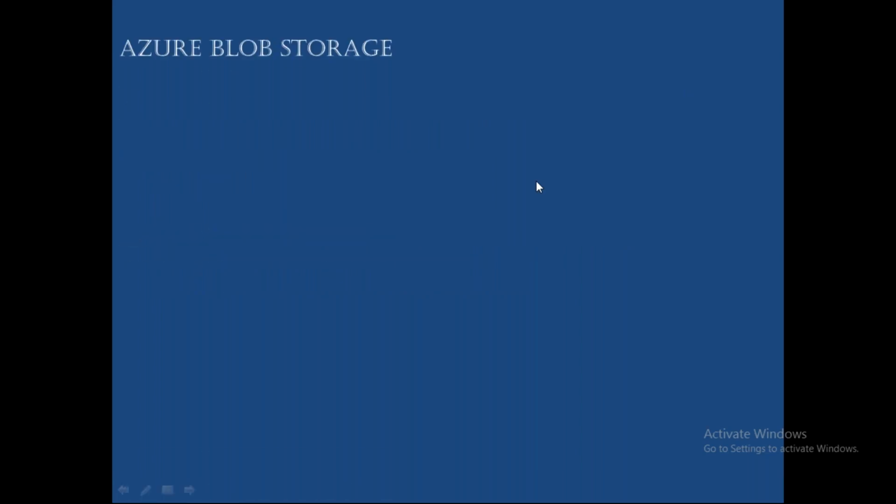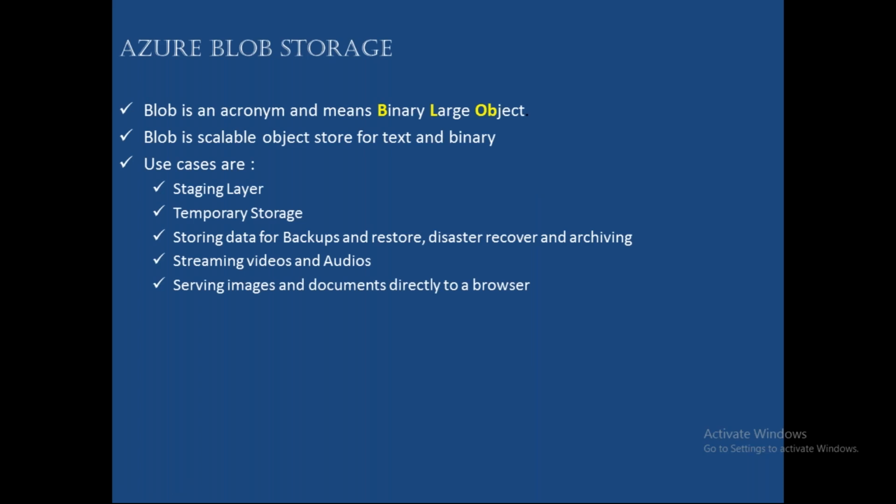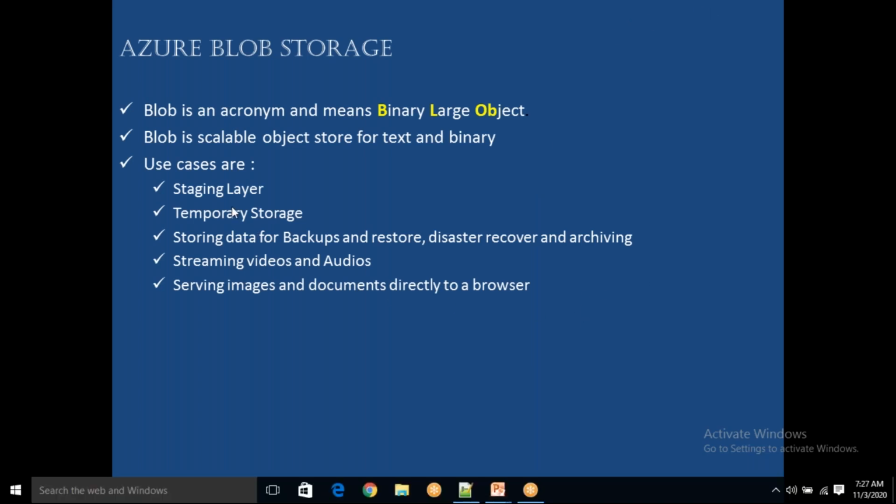Yeah, Malay, I just got confused about the staging layer and the temporary storage. Can you repeat it once? See, the staging layer will not appear for you. For example, when I am loading data from blob storage to Azure Synapse, we need to use something called a staging layer for writing data into the staging. Once we write data into that staging layer, from there data will be loaded into Azure Synapse with high throughput, meaning you can load data into Azure Synapse very quickly. So there is a staging layer we need to give when loading data into Azure Synapse, and you will see it and then understand.